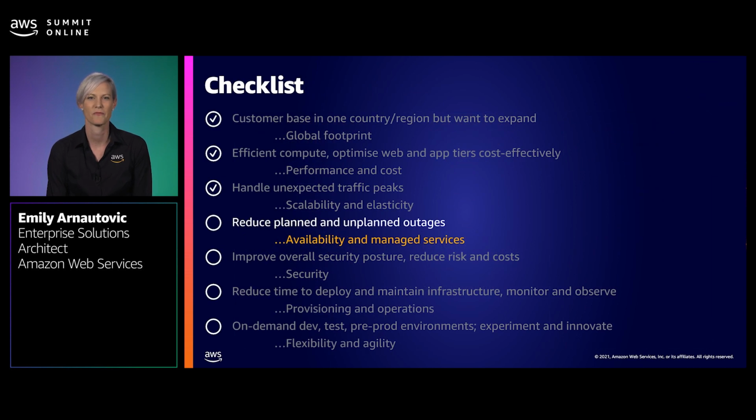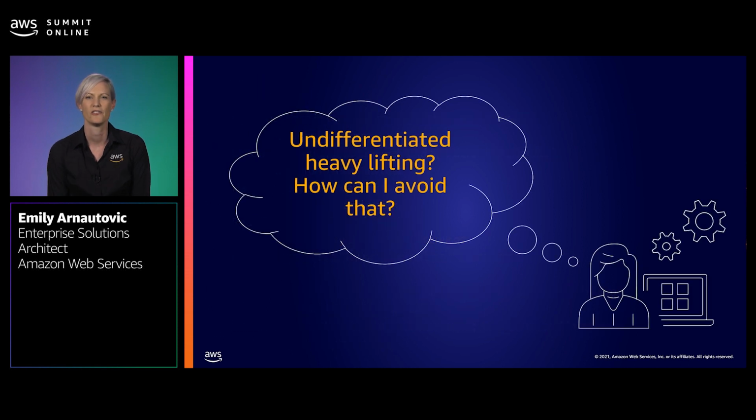Can't quite tick that item off yet, because there's more that Nikki can do to help address this concern. Now we've got this option listed here to use managed services. Let's see what that means. When you hear talk of undifferentiated heavy lifting, this is where managed services on AWS come into play. So we ask ourselves, what can we do on AWS to reduce heavy lifting on the database tier?